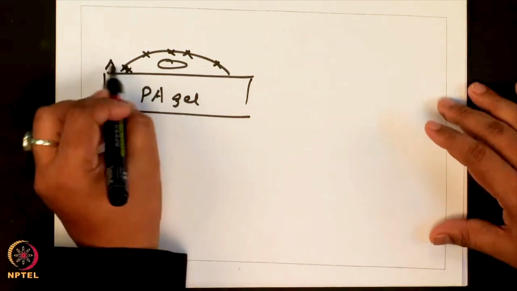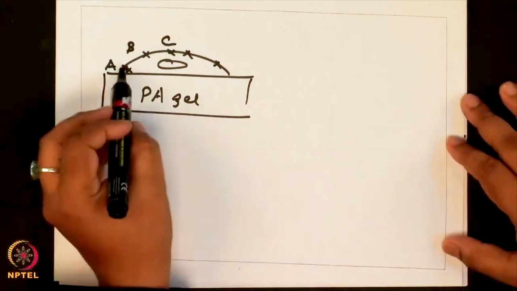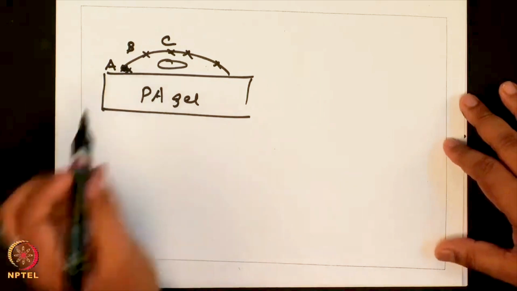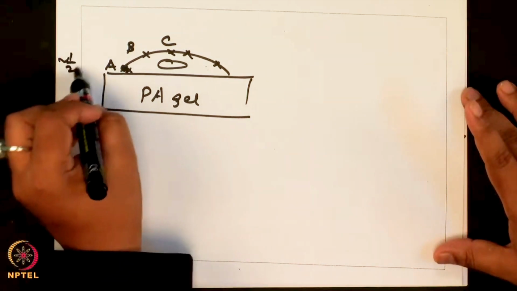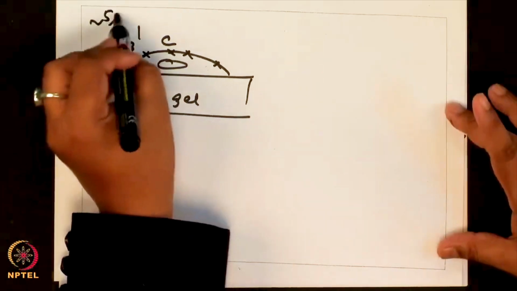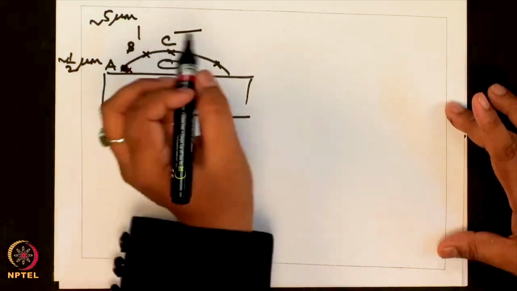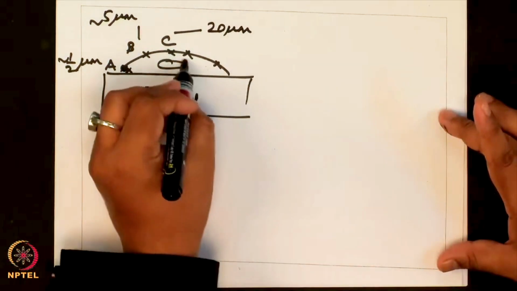Let us compare the points A, B and C. Okay. At point A, the thickness of the cell might be of the order of half micron. At point B, let us say 5 micron, and at point C, the thickness of the sample might be 20 microns. Okay. But